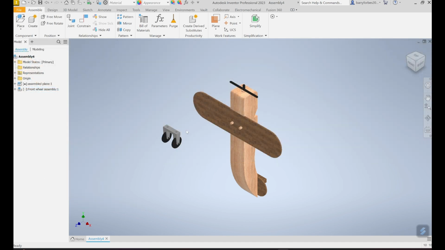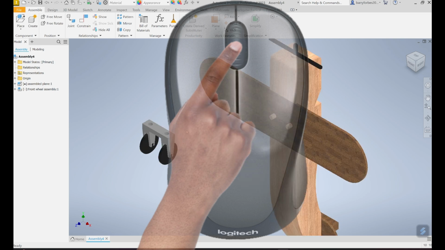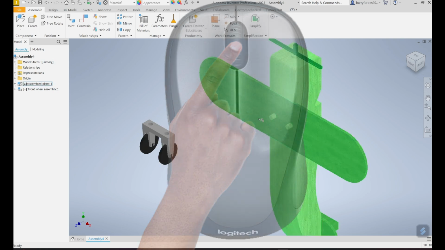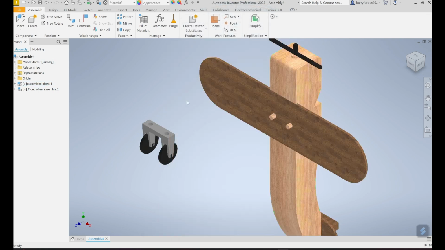I'm going to zoom in on this by rolling the middle mouse button toward me. And you can see that I've got two pegs sitting at the bottom of the plane and two holes. So I'm going to have to line those two holes with the two pegs first of all, using the center axis command. We'll then mate the flat surface of the top of the wheel assembly to the bottom surface of the wing. So in order to do that, click on the Constrain button,